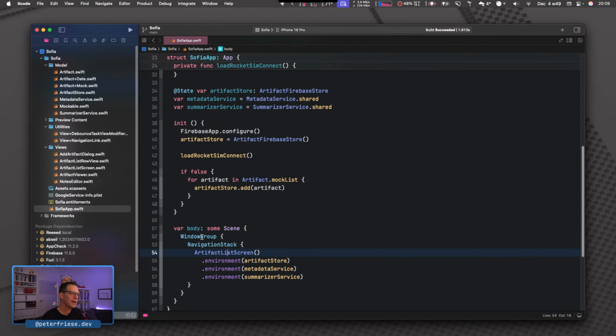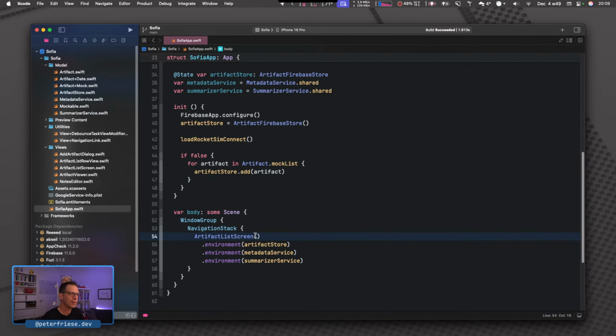So maybe if you look at this code here, you can see it. It's, as I said, very subtle. This code looks very correct, but the problem here is that all of those environment values only get applied on the artifact list screen.